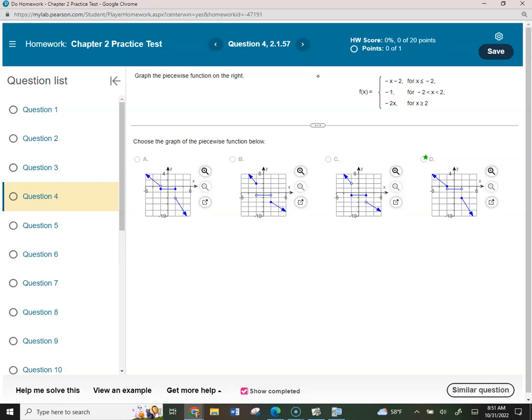Okay, number 4. Graph the piecewise function on the right. I know this one gave a lot of people trouble. I'm going to show you a technique for eliminating 2 of them. You just have to look at the rules. The rules will help you eliminate 2 of them. Actually, let's eliminate the 2 and then I'll say what I was about to say. So looking at the rules,